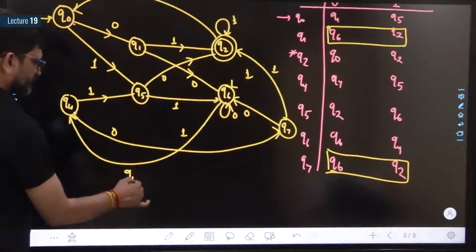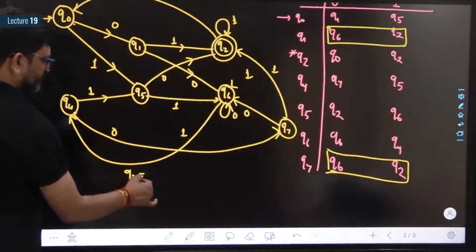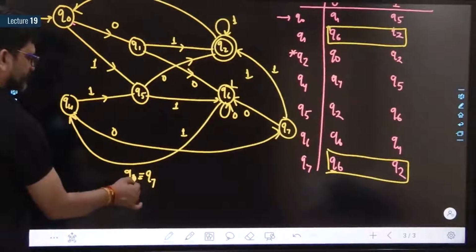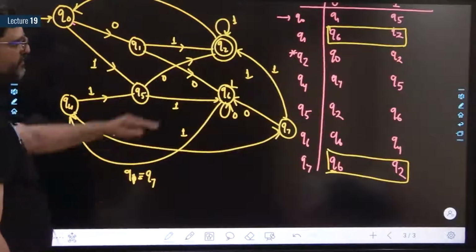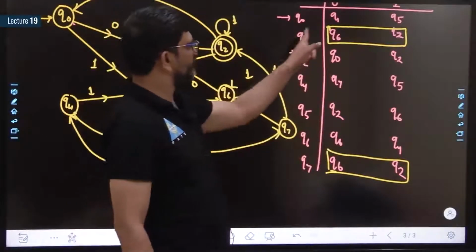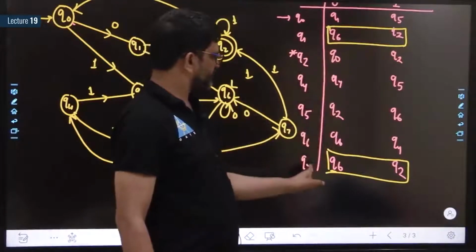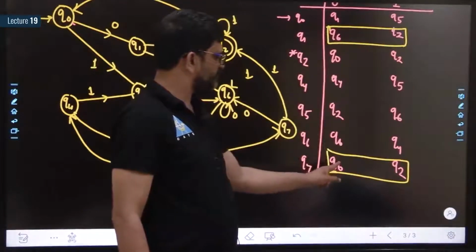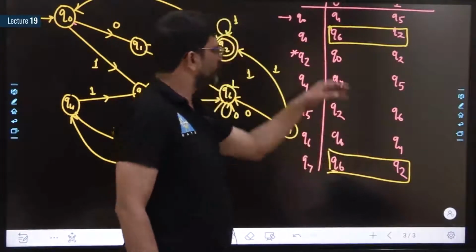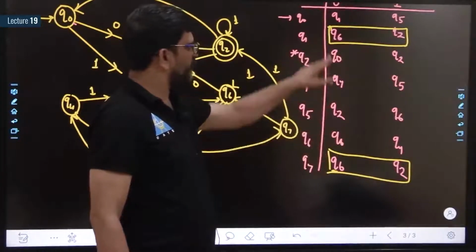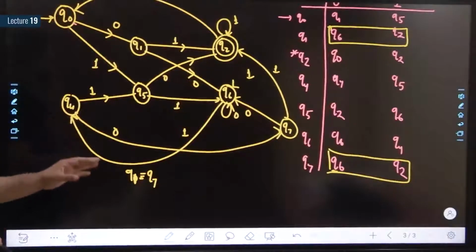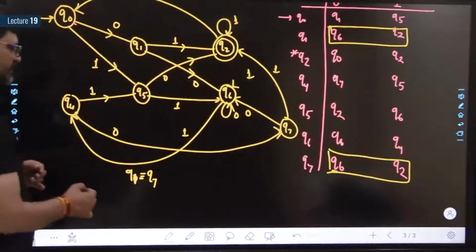Now Q1 is equivalent to Q7, because Q1 on 0, Q6, Q7 on 0, Q6, Q1 on 1, Q2, Q7 on 1, Q2. This one is non-final and this one is final. It means Q1 and Q7 are equivalent. We can merge Q1, Q7 as